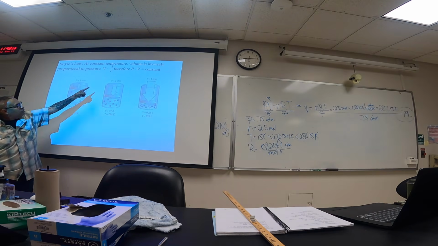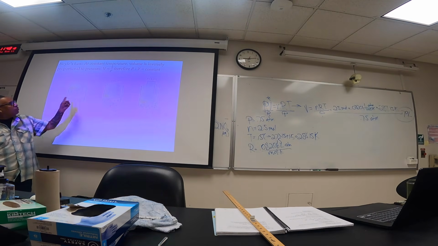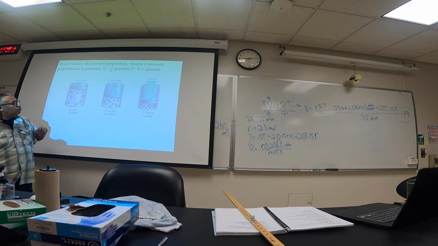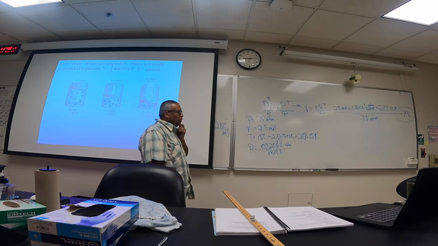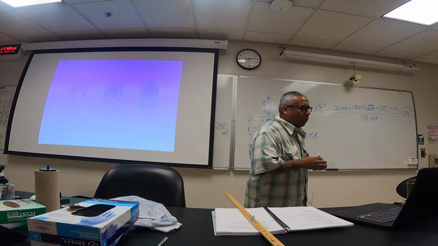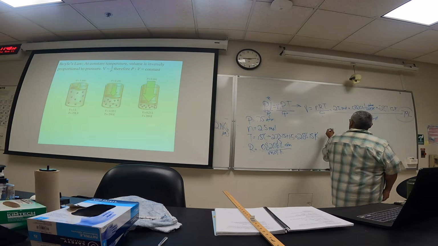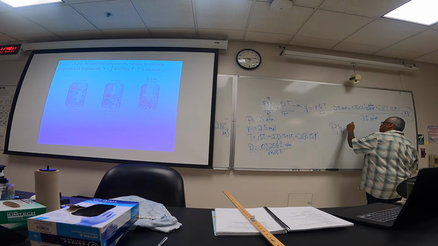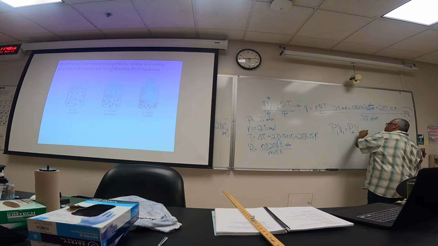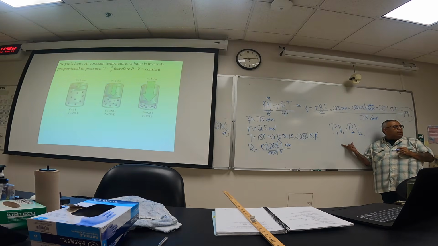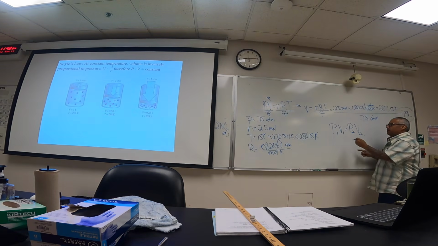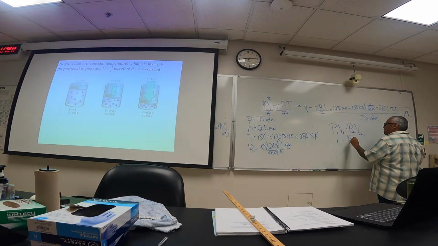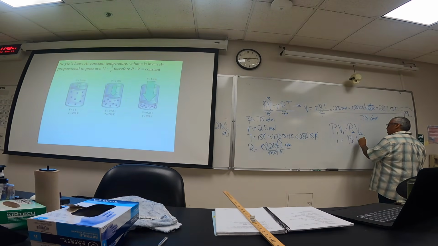We go from 1 to 2, pressure increases, but the volume's going to decrease. If we go this direction, if our pressure decreases, volume increases. So this is Boyle's law, and how we write this is Boyle's law. Instead of doing initial, final, this means the same thing here, but we're just going to